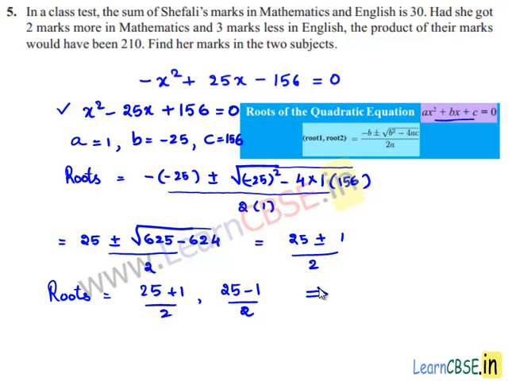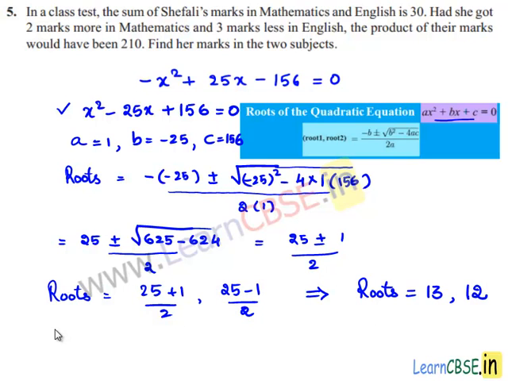That implies roots are 25 plus 1 is 26 divided by 2 is 13. 25 minus 1 is 24. 24 divided by 2 is 12. So